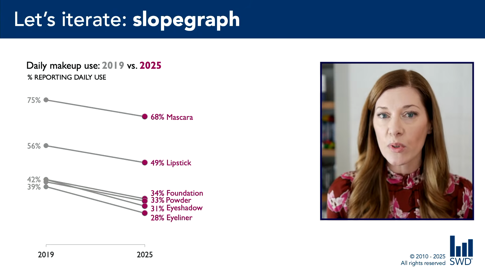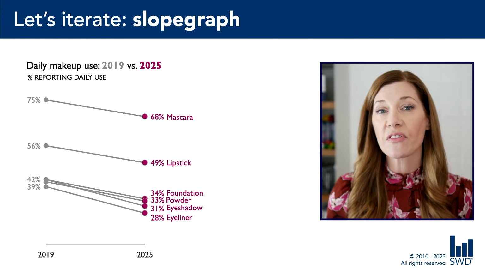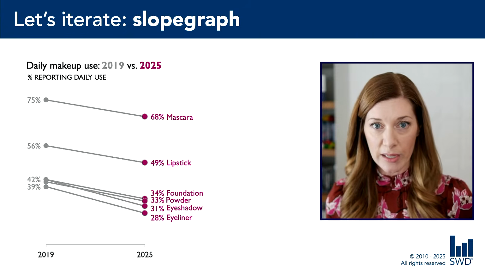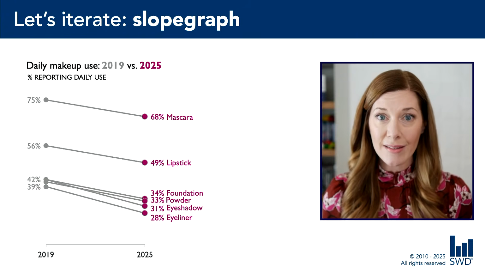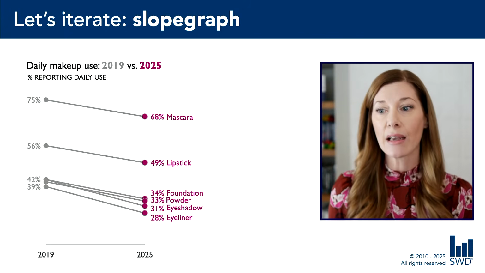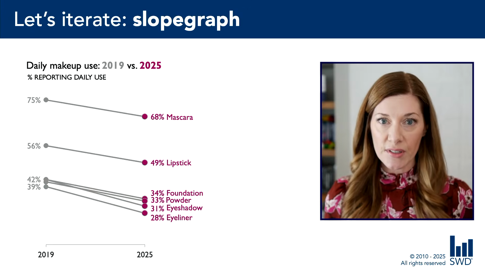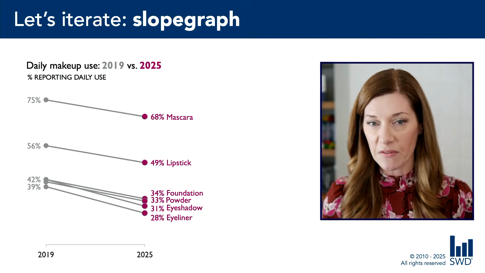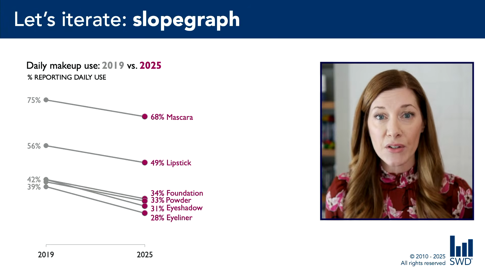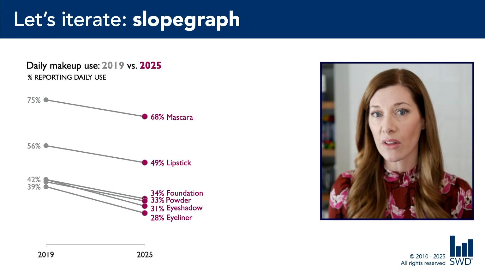Whereas the bars really caused us to focus on absolute values, with a slope graph, the emphasis is on the change, the lines that connect the points. And notice here now the lines are meaningful. They represent the change from 2019 to 2025. Also, something interesting stands out to me with this view of the data that I didn't notice in the others, and that is how much more mascara and lipstick are used compared to the other makeup